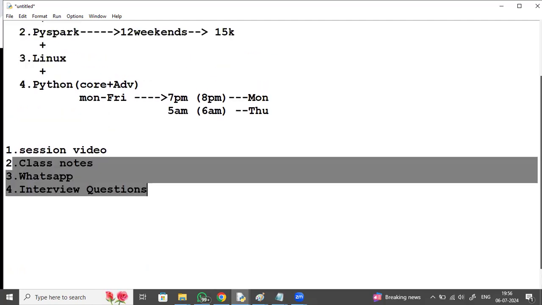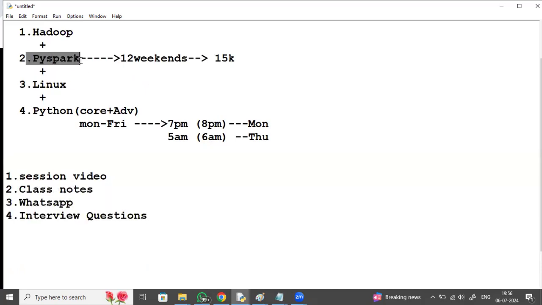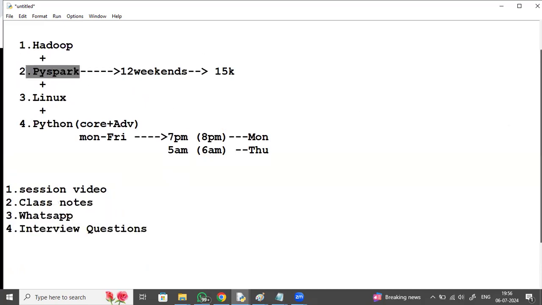So I said, right, PySpark is a very demanding tool in today's industry. The salary package is also 1.5 times more than other technologies. The same way, they will be checking your command in the technicals. That's why, if you see the course content, everything will be discussed in brief. So just check this, right?